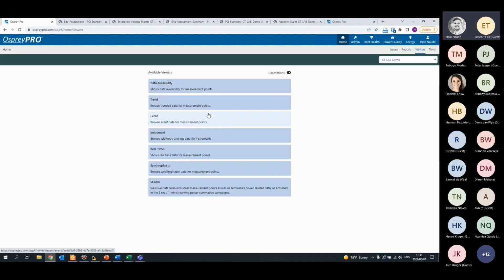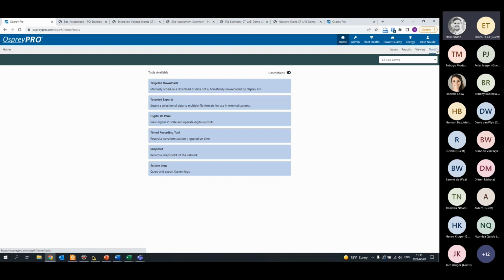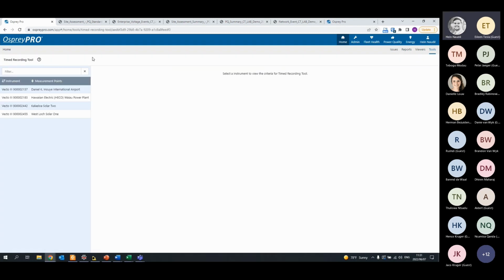So we have the ability to take a snapshot or basically trigger a waveform recording. You do that under tools, so home, tools. You have the function to do a timed recording. So it's basically, rather than waiting for an event to trigger a recording, let's say a dip to trigger a waveform recording, you want to now trigger it manually. So I want to take a waveform recording at this moment of time. So you do that by clicking on it,